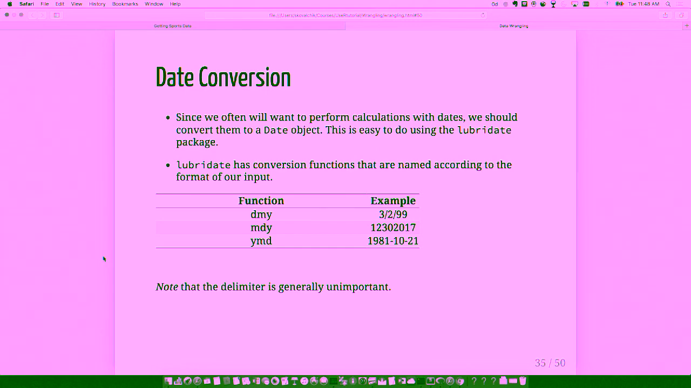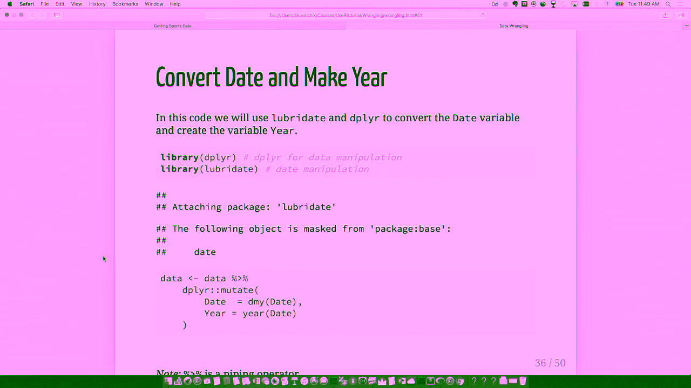Lubridate is very smart in looking for the delimiter. You don't really need to specify any of that. The only thing you would need to be aware of is if for some reason the format changes at any point in your dates, that would be something you'd have to correct. But in this case, we have the same format